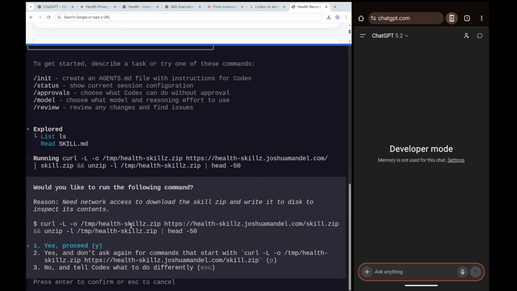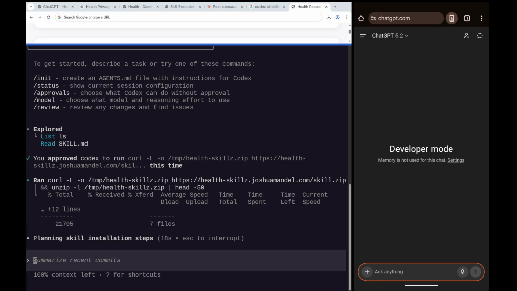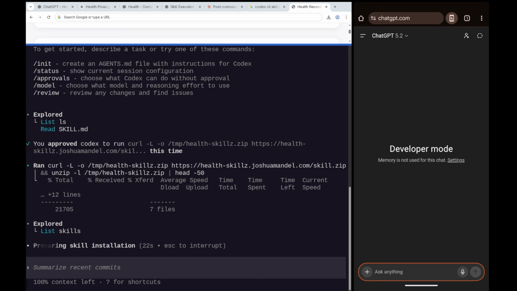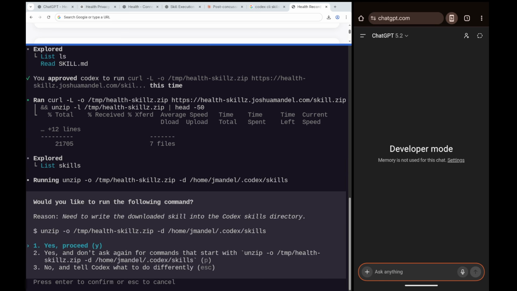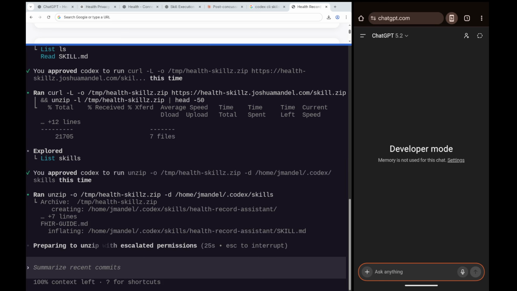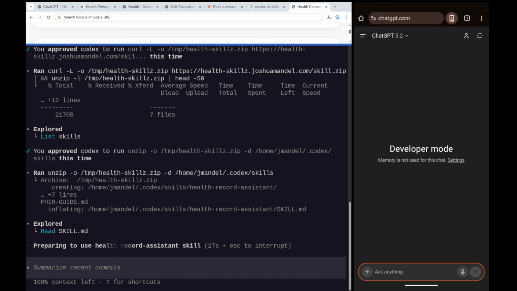I've never tried the use of skills inside of Codex. I think they do have a native way to load them, but the nice thing about skills is they're also just folders with instructions. So I'm just gonna give it a quick shot and see what it's